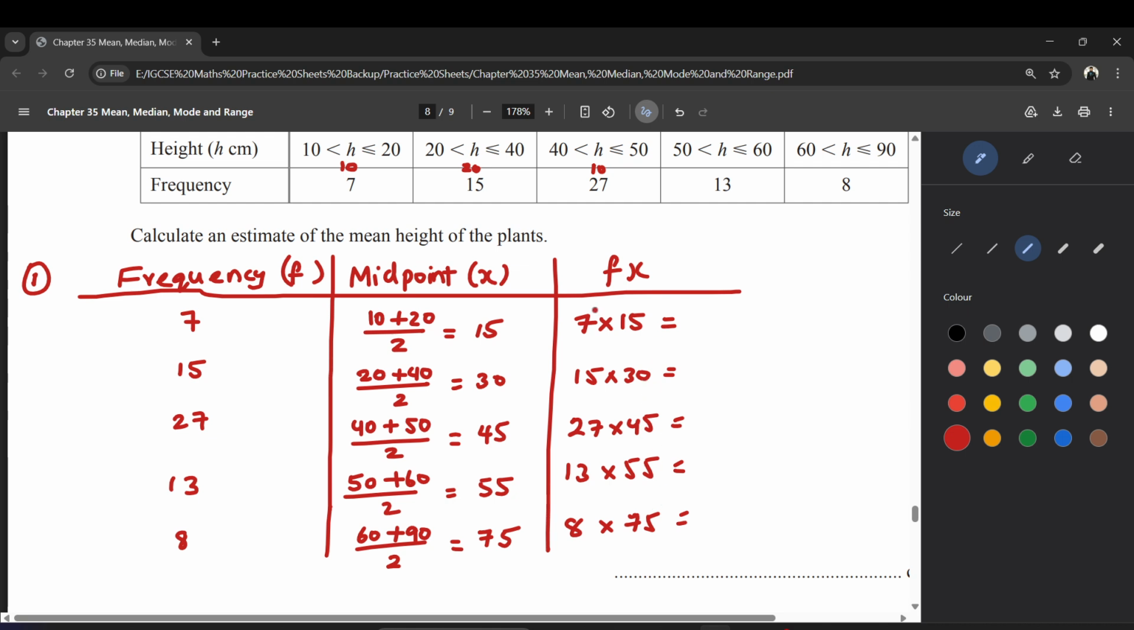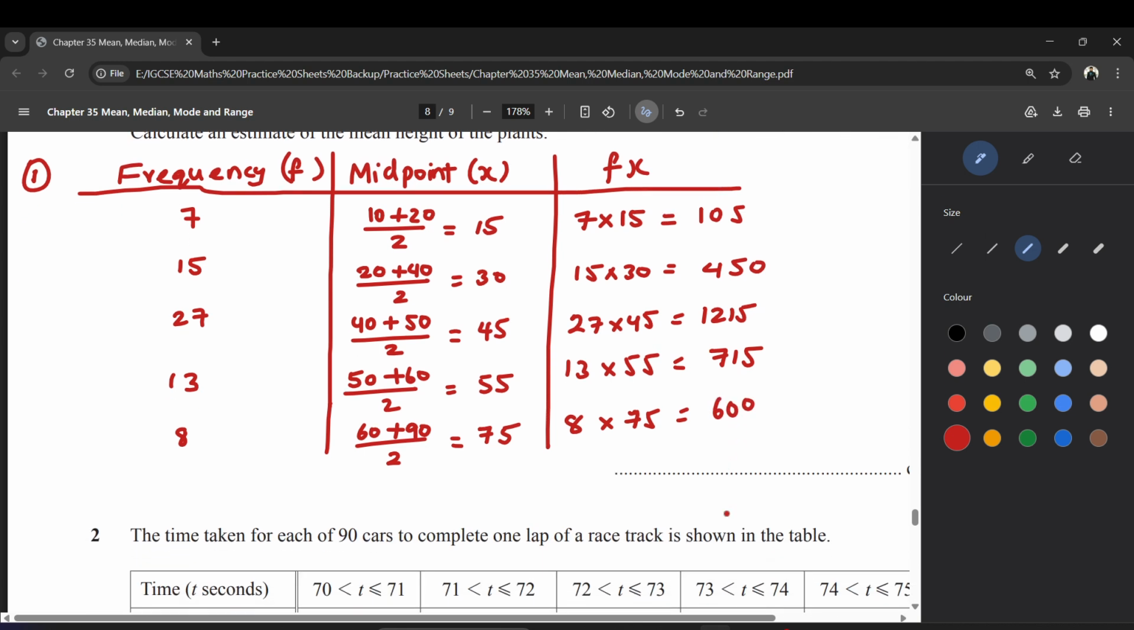7 times 15 is going to be 105. 15 times 3 is 45, so this would be 450. 27 into 45, that would be 1215. 13 into 55 is 715. And 8 multiplied by 75 is 600. Okay. Now that we have done this,